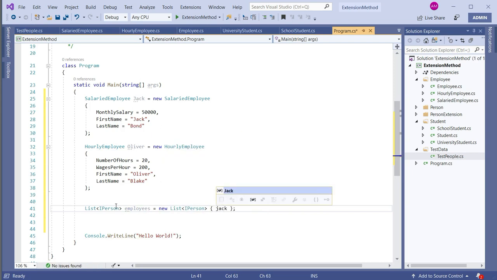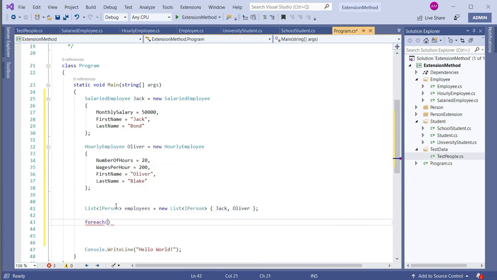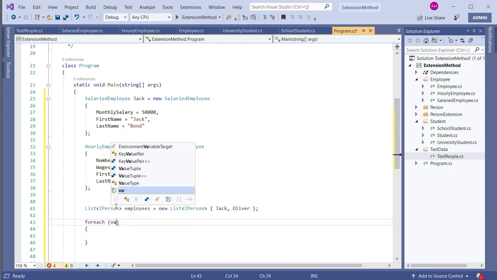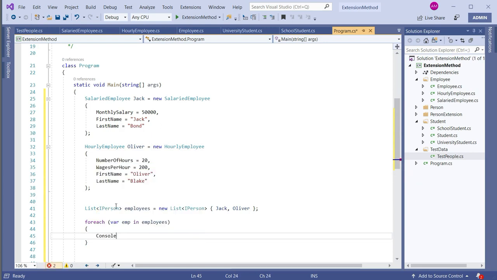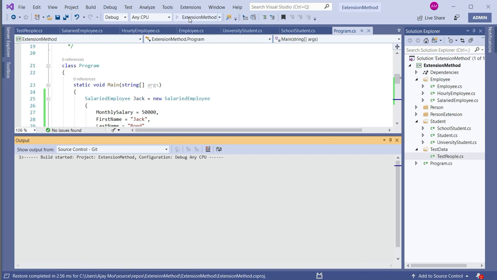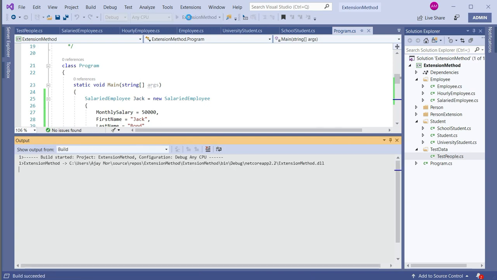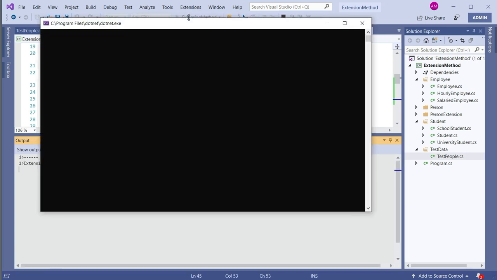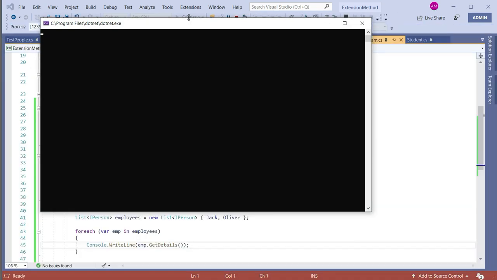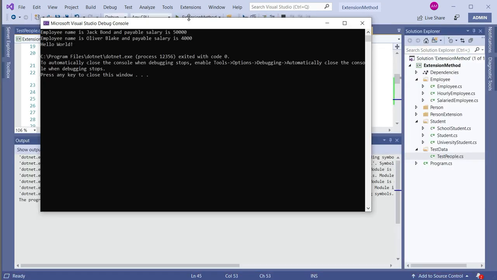So here is Jack and one is Oliver, right? And then just iterate through them, calling emp.getDetails. Let's give it a go. So we created two employees, we put them into an array of iPerson, and here we can see the details,